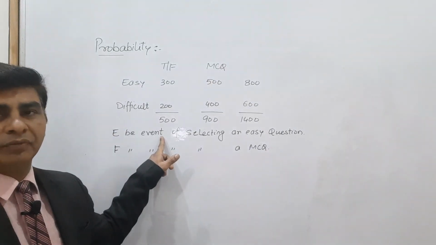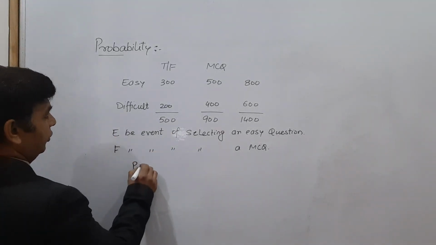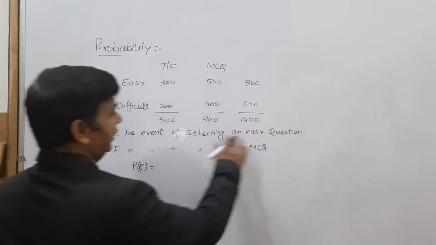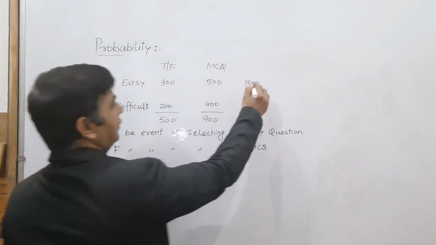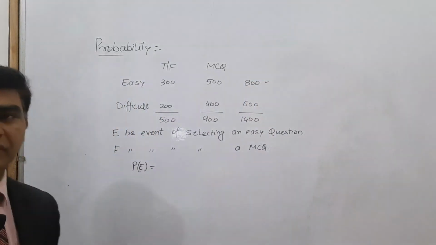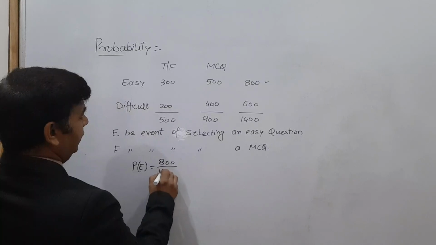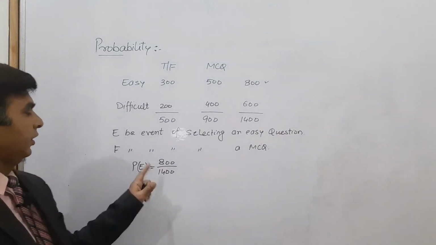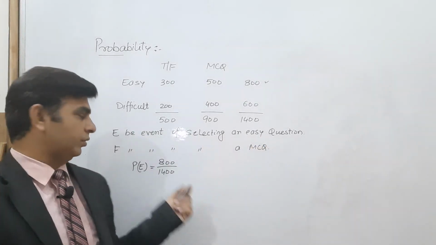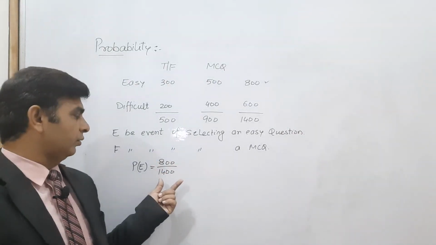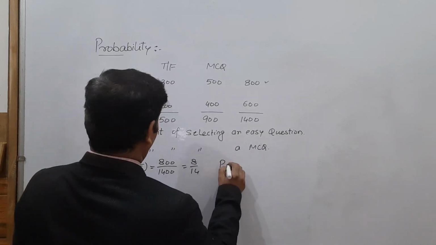E probability of E need to be find। So what is the probability of E? Because number of element in E are, E क्या है, easy question होनी चाहिए। easy question कितने हैं टोटल हमारे पास, these are 800 questions are there which are total easy questions। So this is given by 800 divided by 1400, क्योंकि total number of questions are 1400 in which 800 are easy questions and we are taking E as your easy question। So number of favorable outcomes are 800, total number of outcomes are 1400, so this is your 8 by 14।